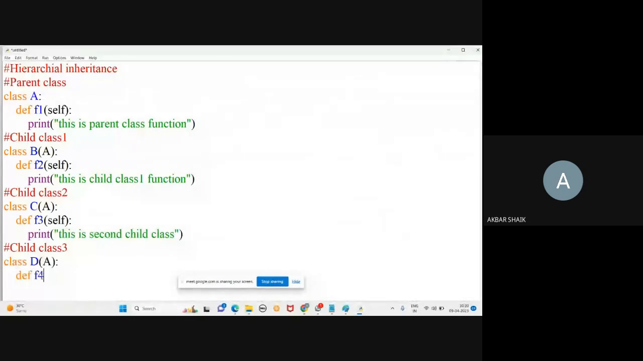self. So print third child. Third child class function. So now